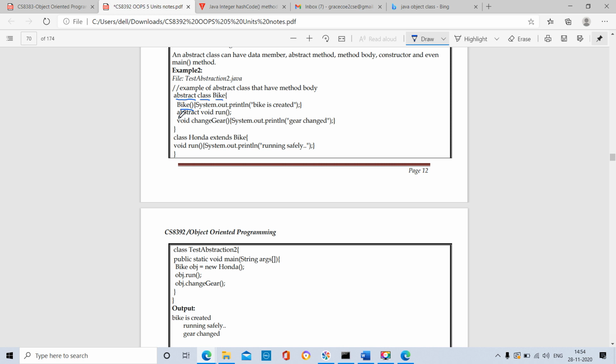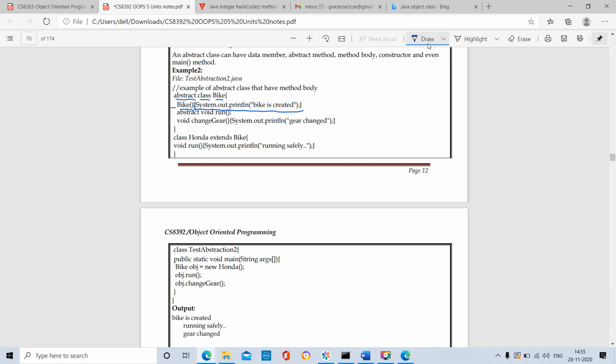So we are defining the method right here. The body of the constructor is present here only. If we use the abstract keyword before the bike, we should not define the bike constructor here. We should use the semicolon. Declarations only we can do there, but now before the bike constructor we don't mention the abstract keyword, so we are defining the method right here.